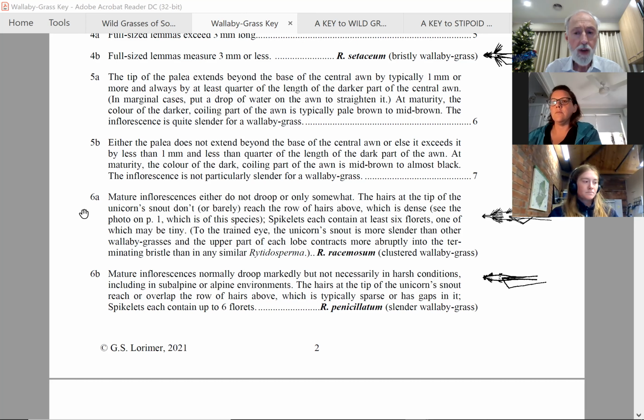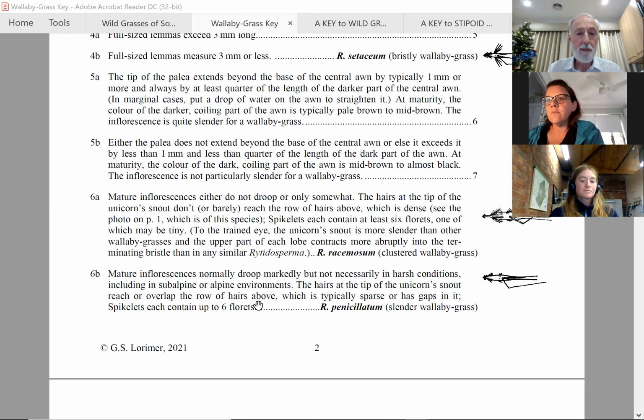Well, I didn't see those gaps, and you'll see in my drawings here. Now, the drawings are not perfect, but I've tried to draw it so that you can see that there's some gaps in that row of hairs, the moustache row, if you like to think of it that way, as compared with this continuous row of hairs made up of all 10 tufts on Rytidosperma racemosum. And finally,